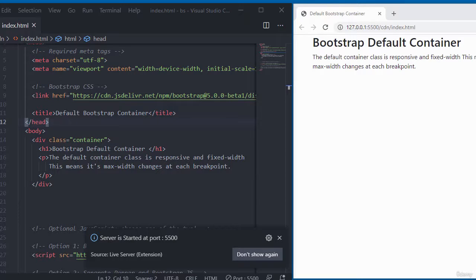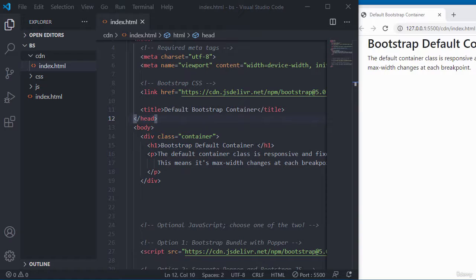All we can see at the moment is the h1 heading tag, which is this tag here on line number 15, and we can also see the content of the paragraph tag, which is on line number 16. I'm going to create a custom CSS file inside this folder here called CDN. So I've got the folder highlighted. I'm going to select new file and I'm going to call it